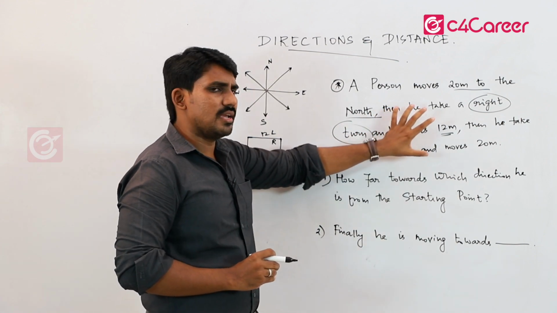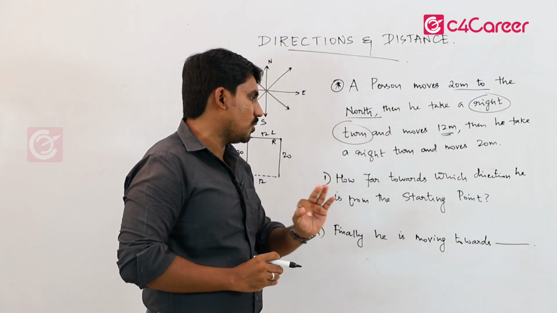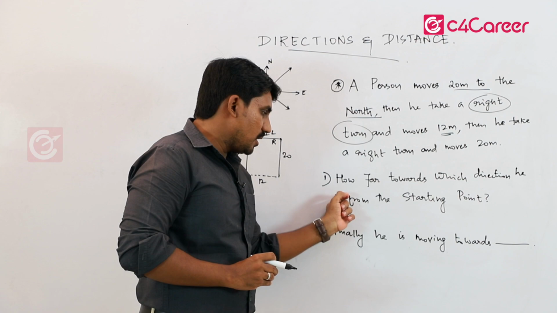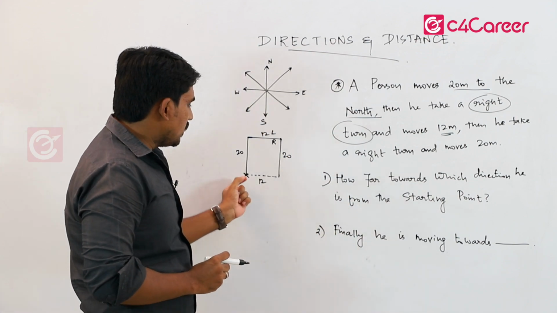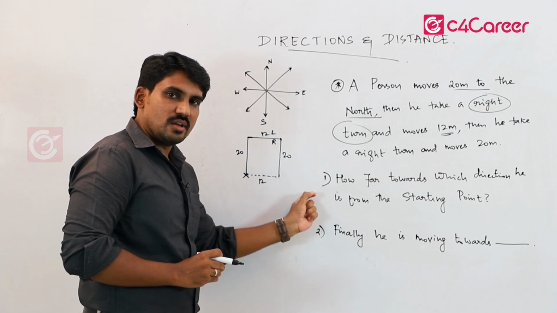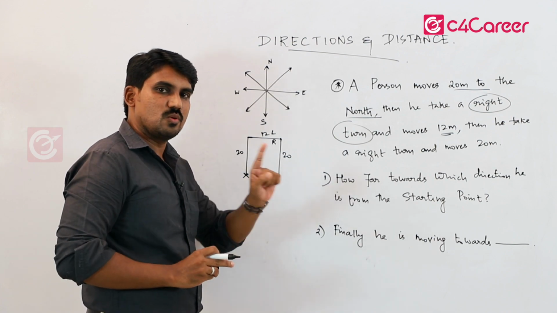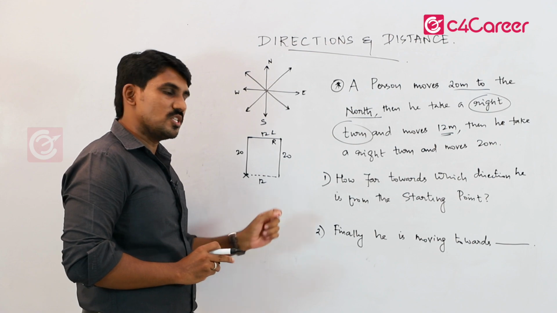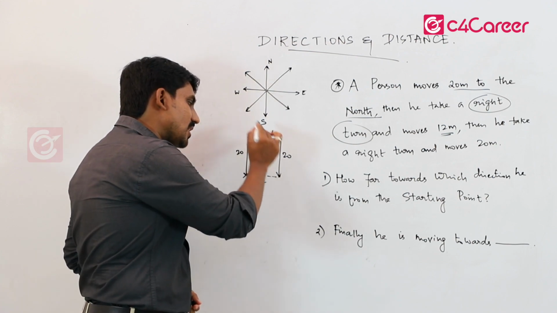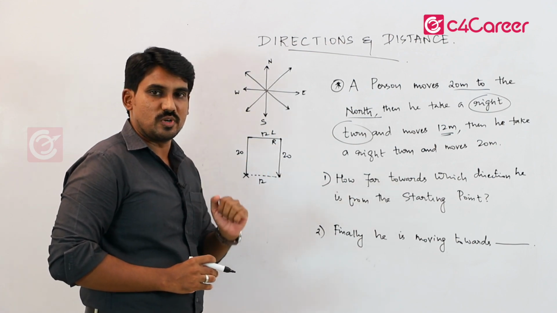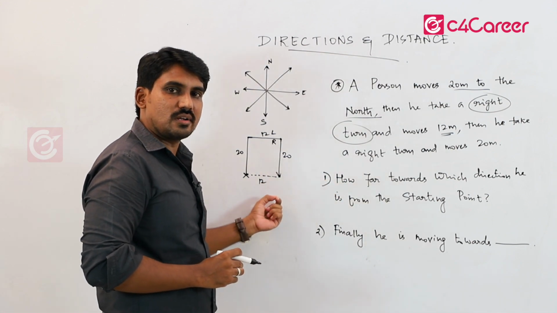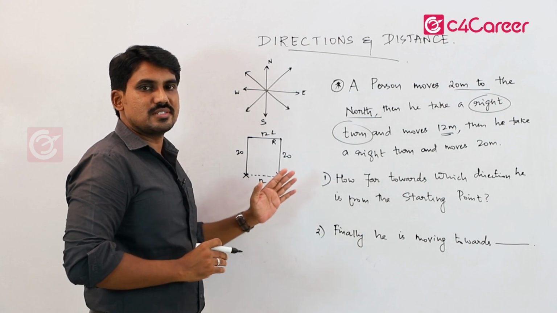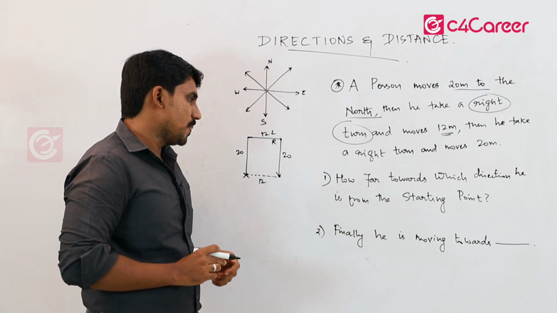Now instruction, they can give any instruction, but the possible questions are these 3. Here I have written 2 questions, but there are only 3 possible questions. That is starting to ending: what is the direction and distance? One possible question. Then the next possible question is finally he is looking towards. That is the next possible question. Then what will be the third possible question? Ending to starting: what is the distance and direction? These are the possible questions, right?